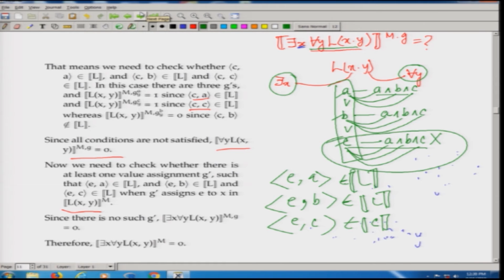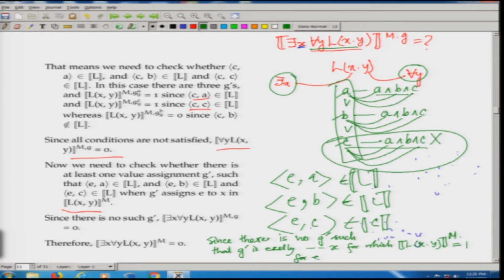We have said already that we have written the condition for this, and now we say that since there is no value assignment G prime such that G prime is exactly like G with respect to x, for which L x y with respect to M is 1, for every value assignment G prime such that